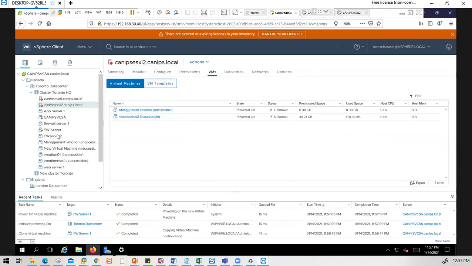So both of the servers are started. Okay, so now both of these servers are sitting on ESXi2. Let me make sure. So ESXi2 is here, VM is here, and no, these are not on. Why are they not on ESXi2? If I go to ESXi1,